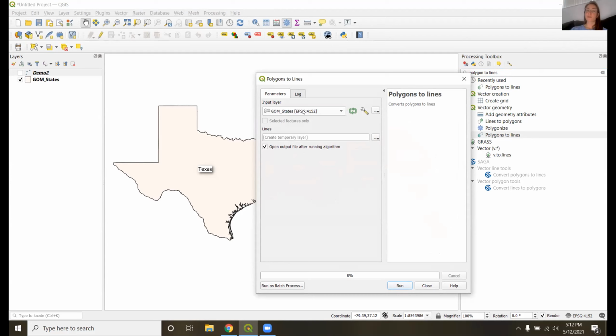So I'm going to select my Gulf of Mexico states layer, and then I'm going to make sure open output file after running is selected. Otherwise, it's run and done, but sometimes it'll save it in some very obscure place in your laptop that's hard to find. So it's always a good idea that if you have the option to open whatever it is that ran after it's run, to select that as a baseline, like always do that. But yeah, this tool is super easy, and even the description is pretty cut and dry: converts polygons to lines, as the name says. So all we're going to do is click run,